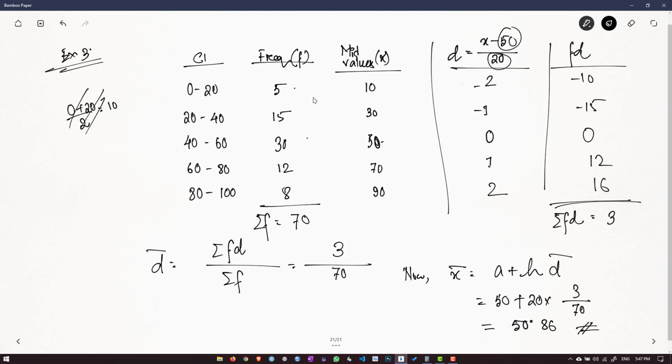So initially you will have to calculate a lot of big numbers, sum them, and then divide. Now in this case it is much simpler, right? So this is how we calculate arithmetic mean for different types of data. One is the straightforward way, one is using the shortcut method, right? Now we will go to the other two means, which are geometric mean and harmonic mean.